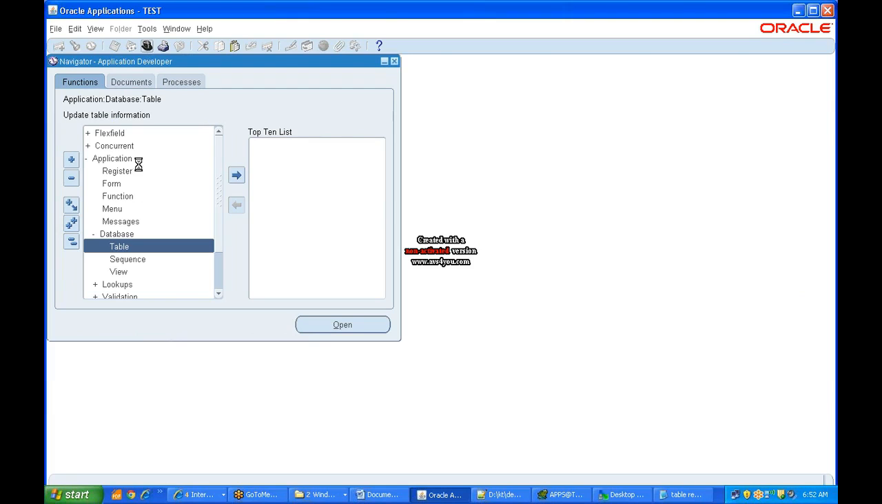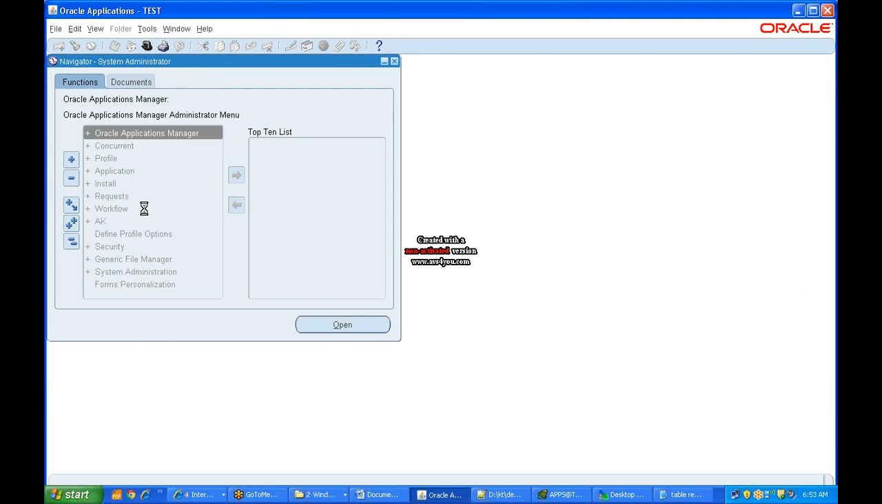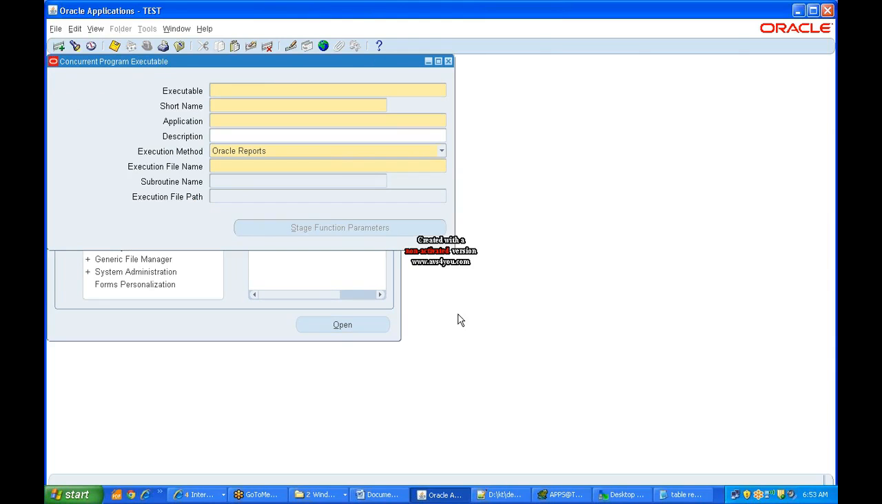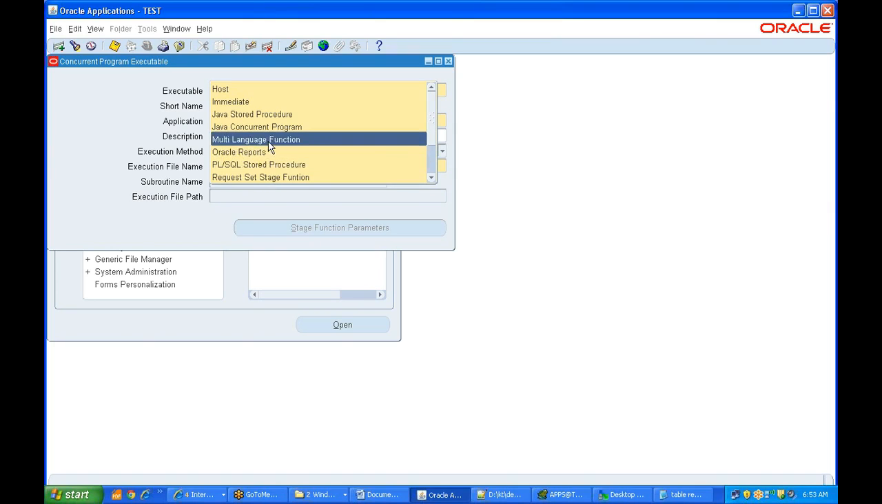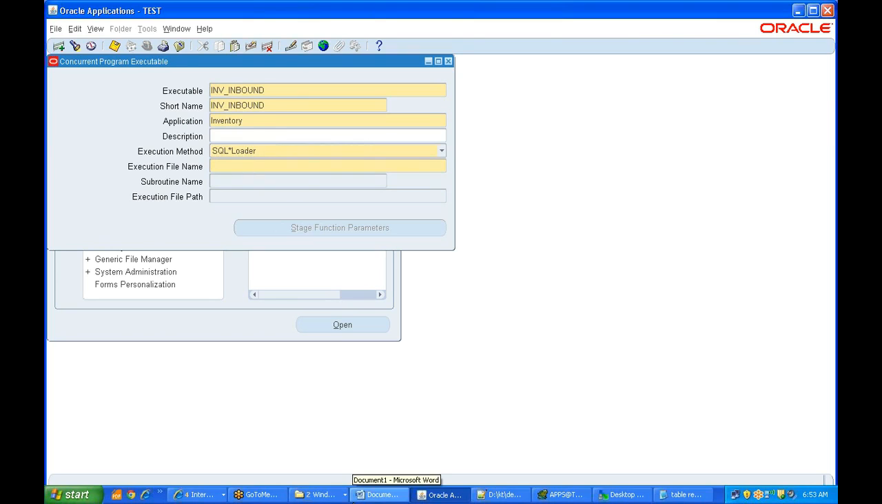Until the table gets created, we can just register this program. Go to System Administrator, Executable, and say inventory inbound. The application is inventory, where I copied the files. The executable method will be SQL Loader. The executable file name is